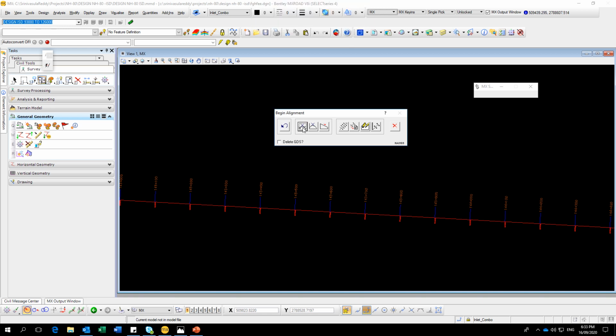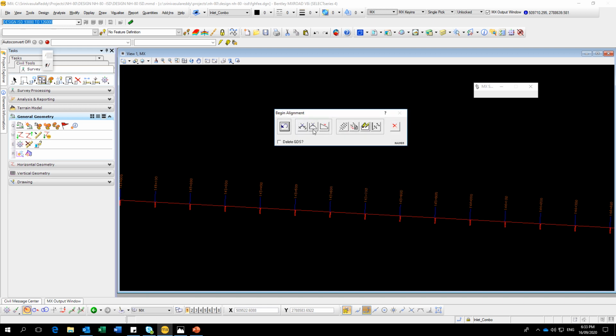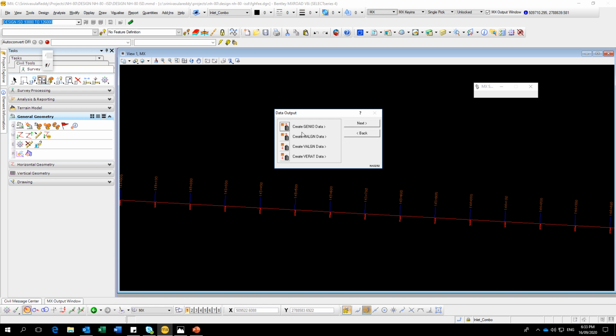I will explain the things first of all. If you want to create horizontal, you can use this, vertical and then super. If you want to create a master string, you can use this. If you want to create output in Algen format or Genio format, you can use this.